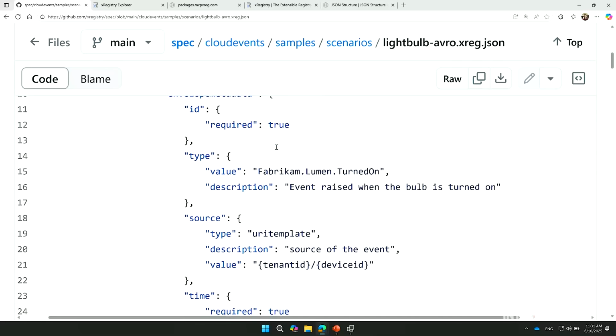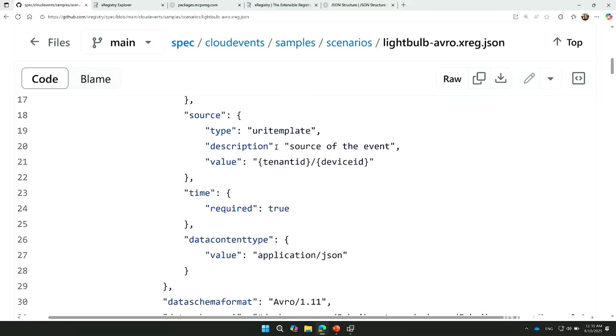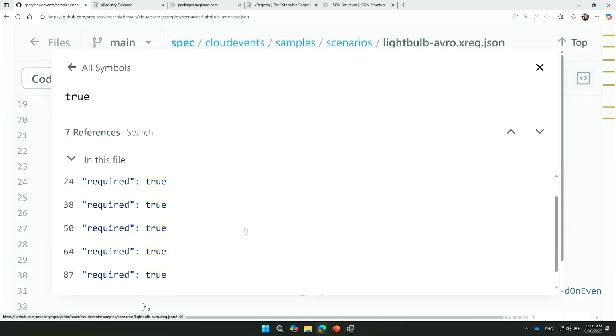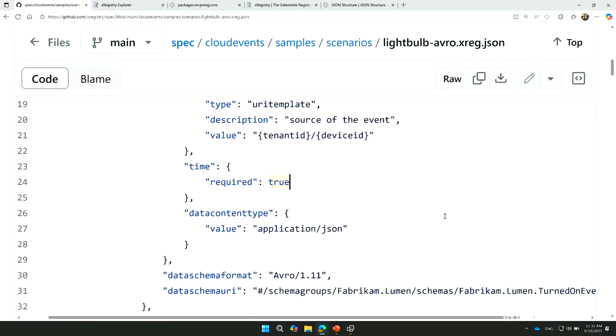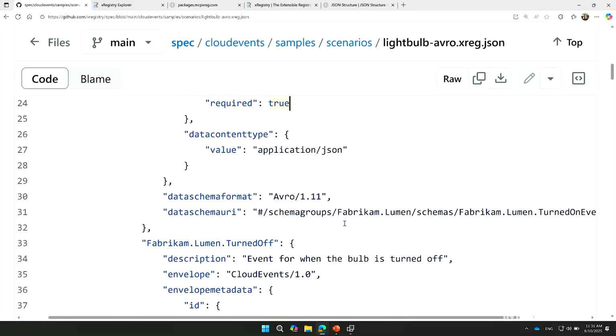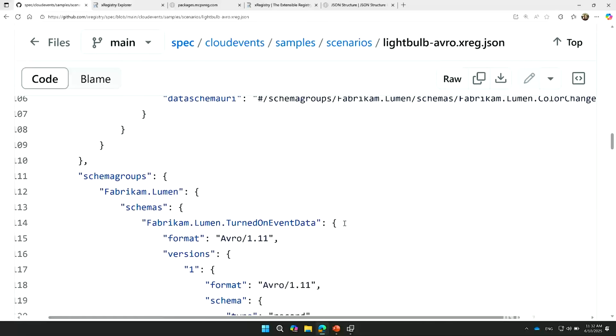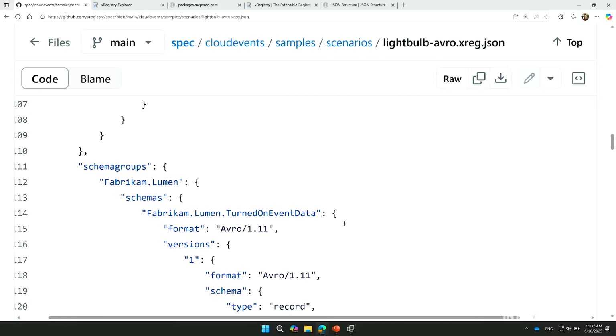So there's an ID, there's a type, there's a source, time is required, and there's a data content type. So that is now a formal way to describe your events. And that now links to a data schema URI, and the data schema URI then points to the schemas for your payloads. So the nice thing about xRegistry is that it allows you to go and define these things